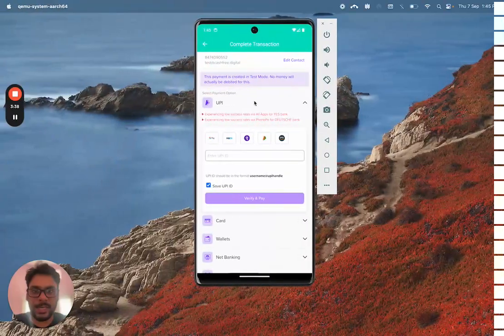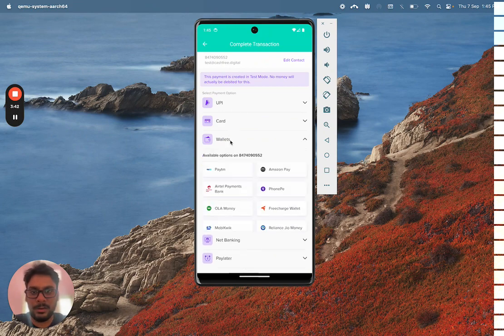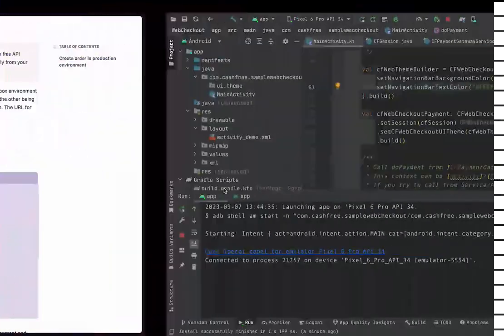So now the Cashfree payment page is already opened. Now let's try one payment. Let's try the wallet payment, and when you click on this, it will open the Cashfree simulator page. Now when you click on simulate failure, it will simulate the failure scenario, and you will receive a callback